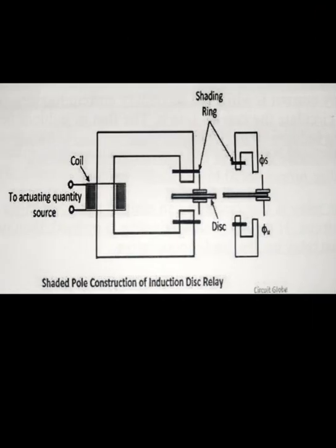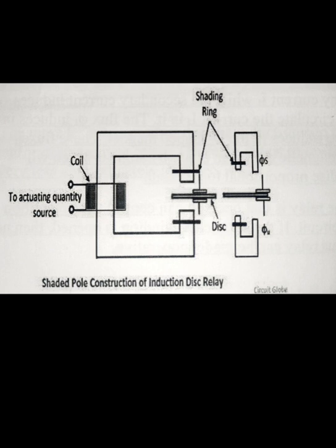the induction disc relay. This coil is usually energized by the current flowing in a single coil wound on the magnetic structure containing the air gap. The air gap flux produced by the energizing current is split into two flux components, displaced in time and space, by a shading ring. The shading ring is made of a copper ring encircling a part of the pole, on each pole face. The disc is made of aluminum.